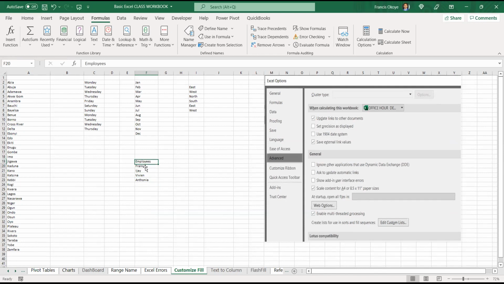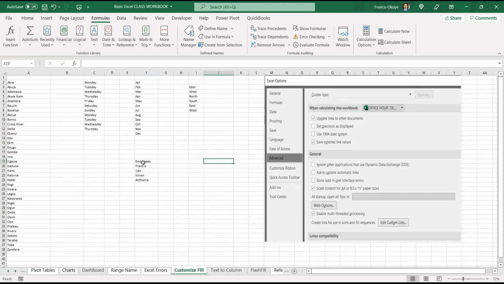Let's assume these are the employees, and this is how you want them every time. Because if I type Francis now and drag down, nothing is happening. It says Francis or true.